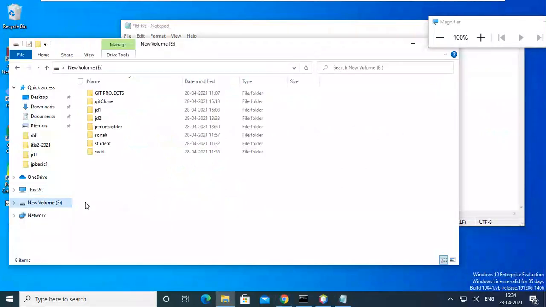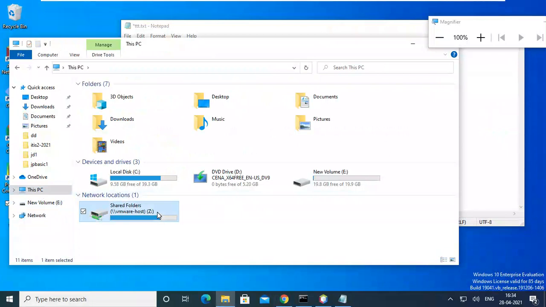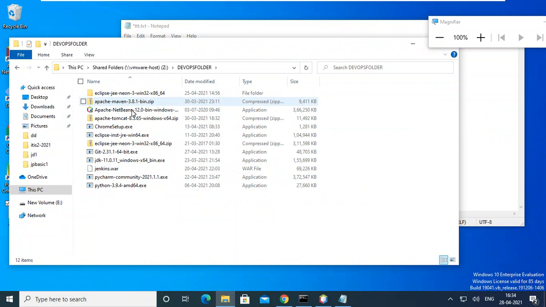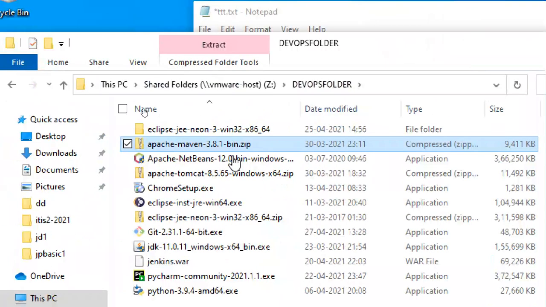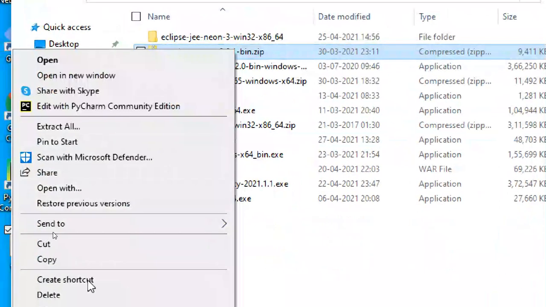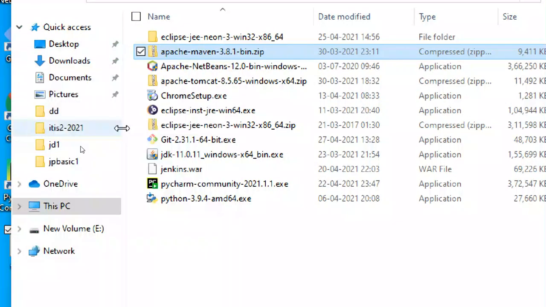First of all, we should install Maven. It is not an .exe file; it's a zip file only, which means you have to extract it. Apache Maven, this one, Maven 3.8.1. Our Java version is 11, which we are using currently. So we are using Maven 3.8.1. Okay, extract all.